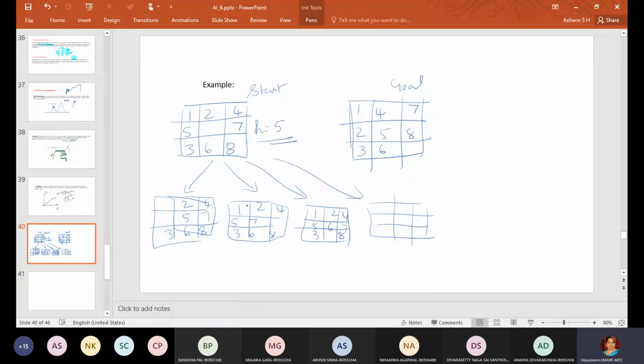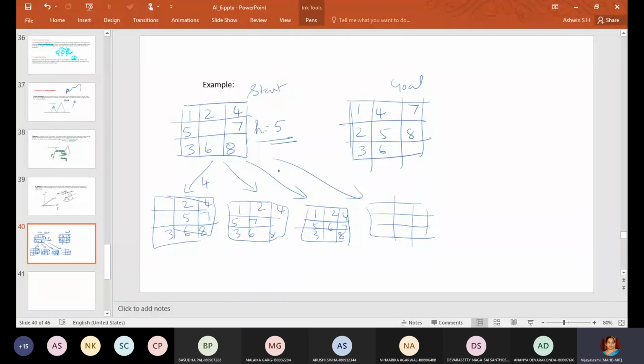Now again you calculate the heuristic value. So here if I calculate, 1 is not there, 2 is not there, 3 is okay, 4 is not there, 5 is okay, 6 is okay, 7 is not there. So here I'll simply write H is 4.